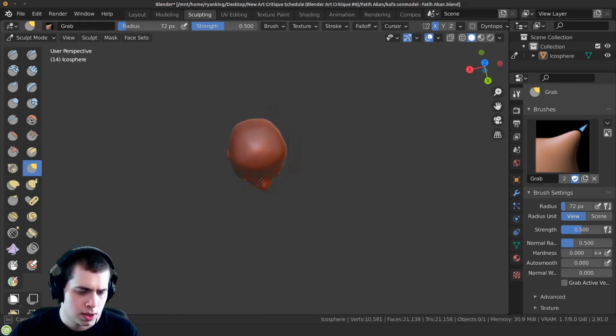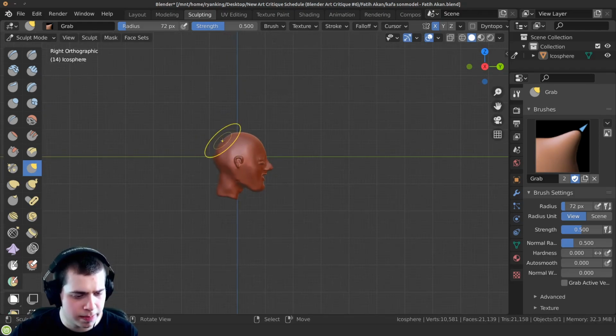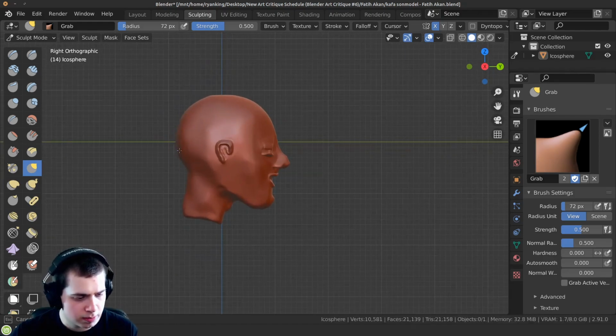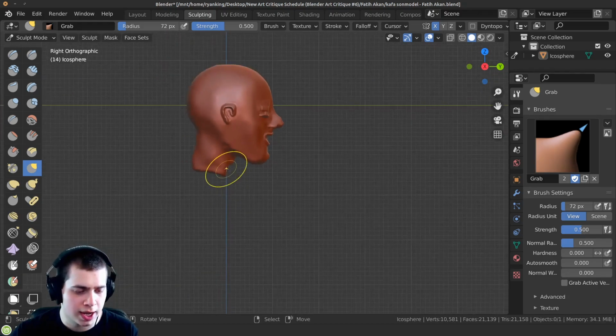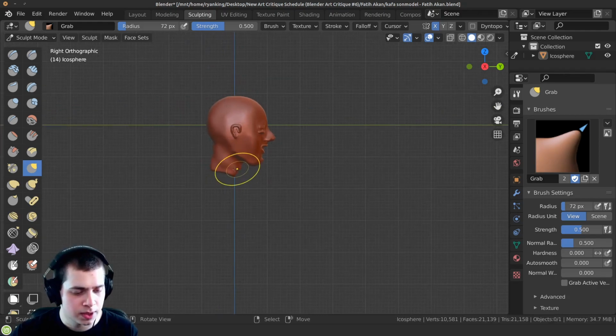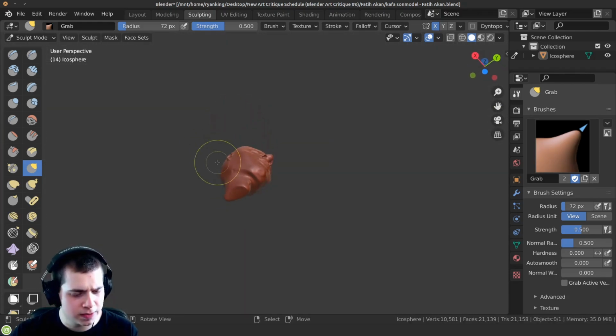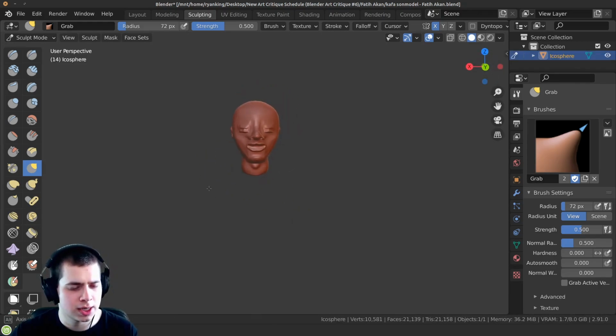Go to the top, pop that out. Okay, just bring out that forehead. Also the back of the head, I'll bring that out, maybe push this in a little bit. There's a lot of space in between the jaw and the neck, and the jaw is also really big. So I'm going to pull the jaw in, and then also make this neck a little bit thicker. If I go down here, I'll pull this neck out as well to make the neck a lot more round because the neck is very round.